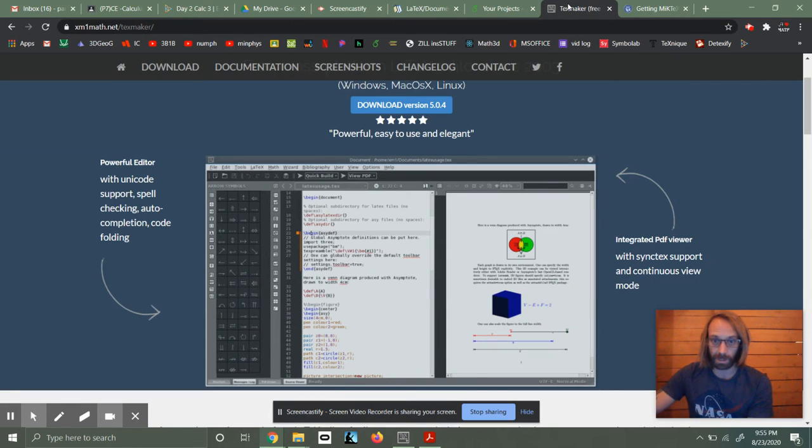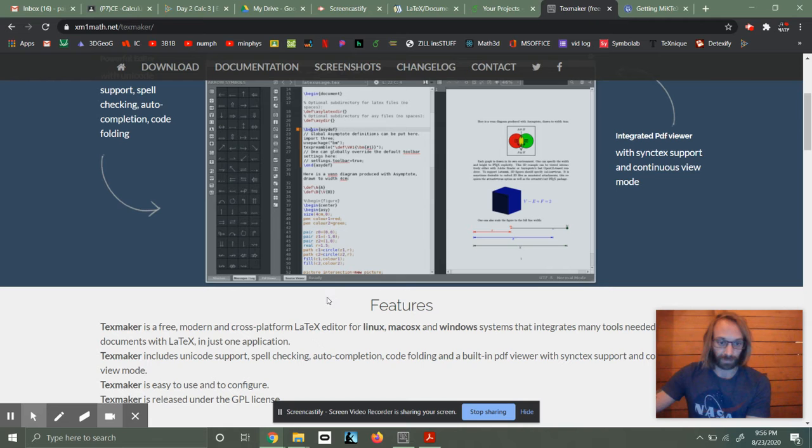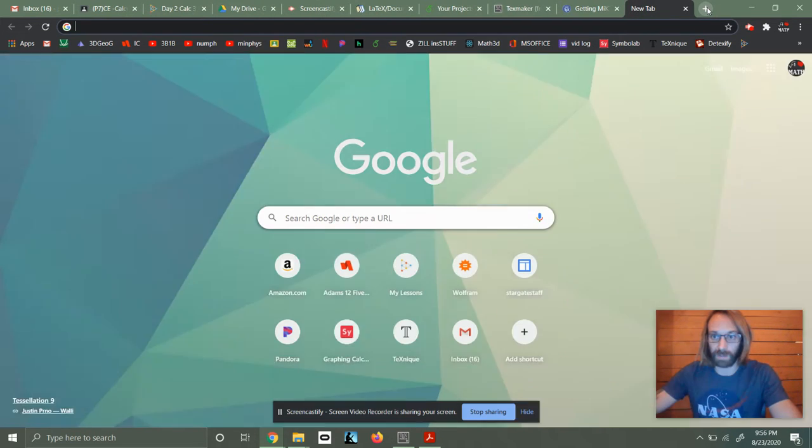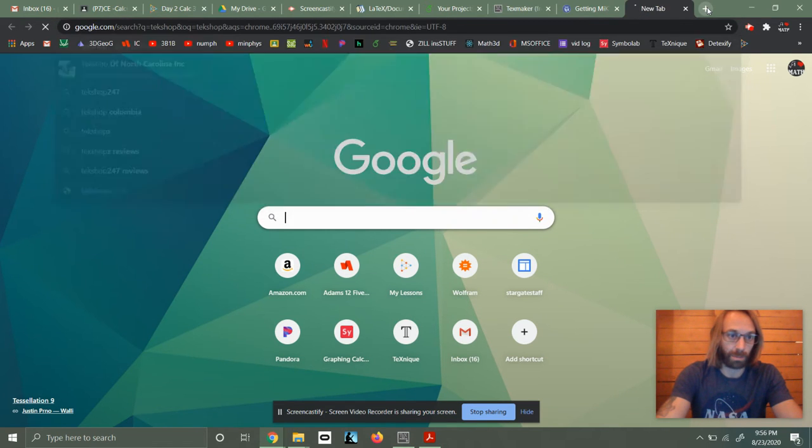And I personally like something called TeXmaker. So this is just an editor program, and this works on all operating systems as well. You can just hit download. And as you use it more, you'll get more friendly and used to it and everything. There are other ones out there. When I have a PC, but I think TeXShop,